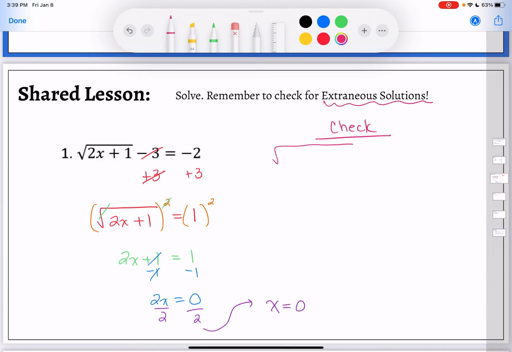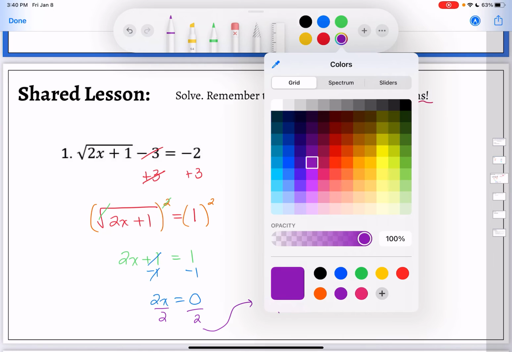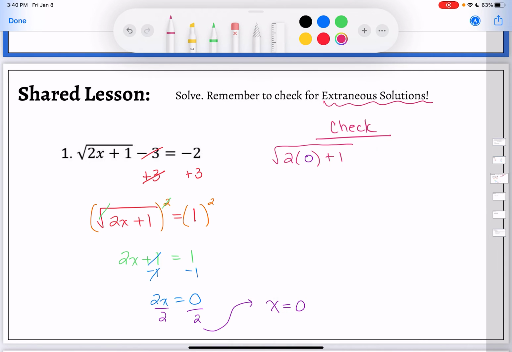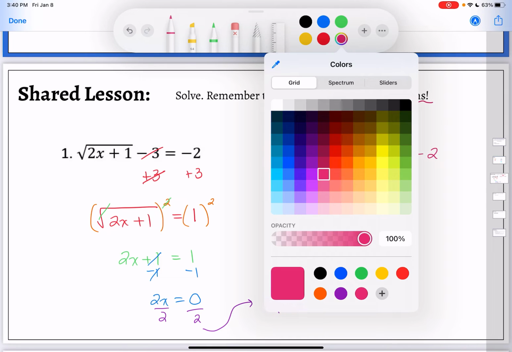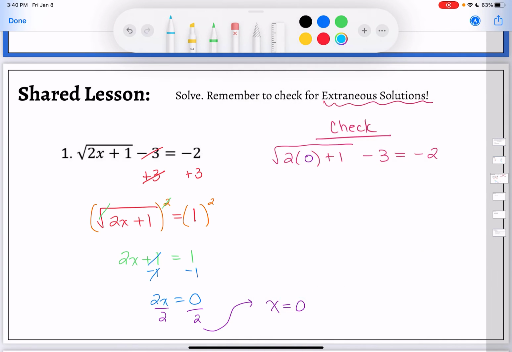So on the left, I have a big square root sign. I have 2 times 0 plus 1 is going to be on the left. And then I have the minus 3 on the outside of the radical, and this is supposed to equal negative 2. So I'm plugging in that x equals 0 back into my original equation. Now don't resolve. Remember to use the order of operations. So I'm going to work on the inside of my